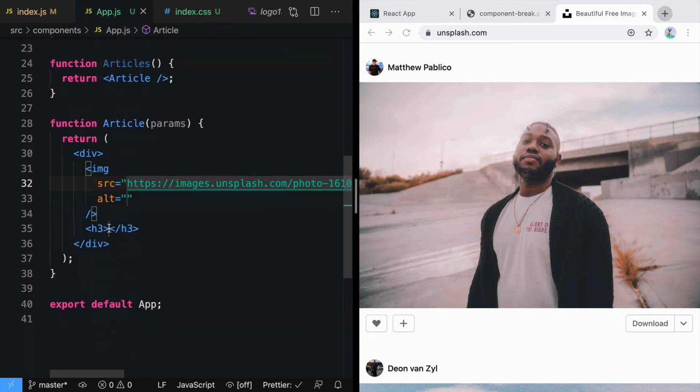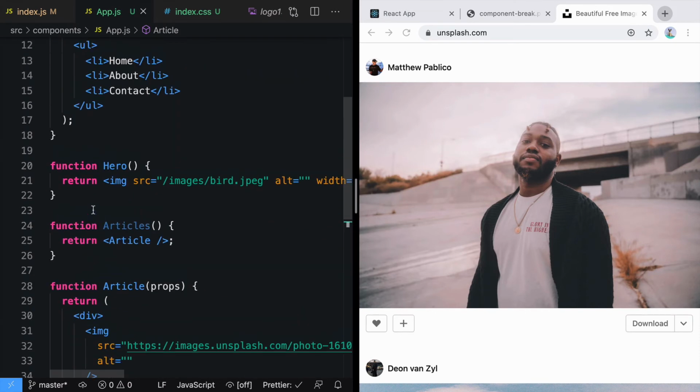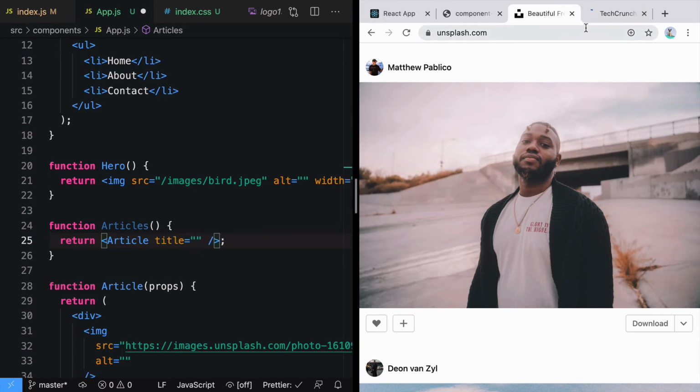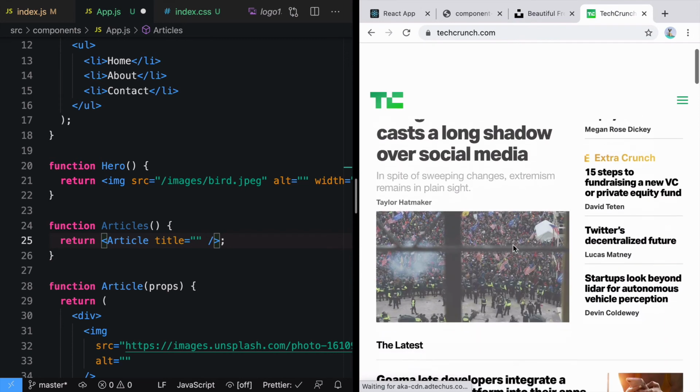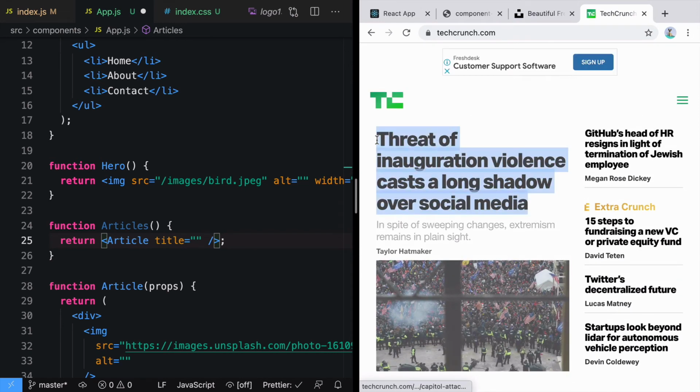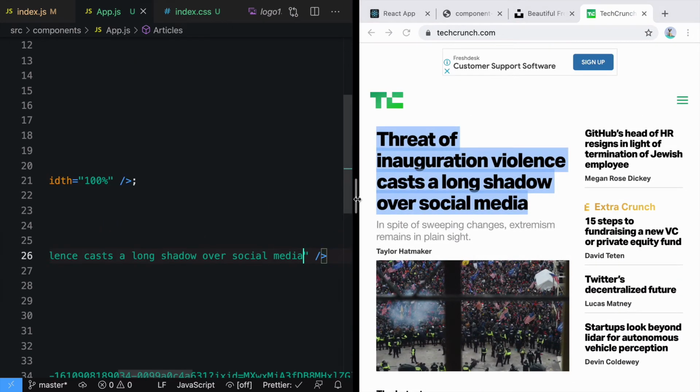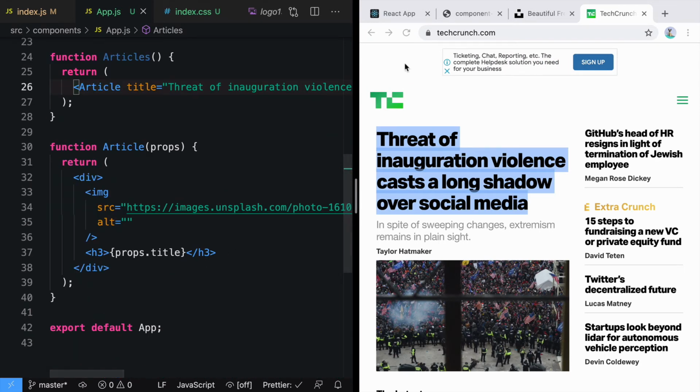So this is your article component, and this will contain a title, and the title will come from props. So we'll say props.title. Similarly, when you're calling it, you just have to pass the title. The title of the article can come from any website. Say, for example, I want this as a title. I can copy this and paste it here, and that will become the title.